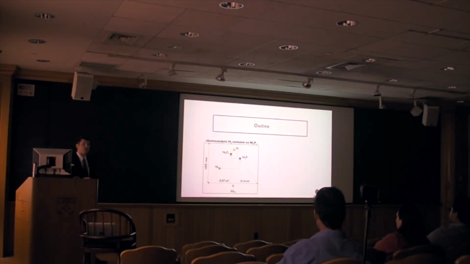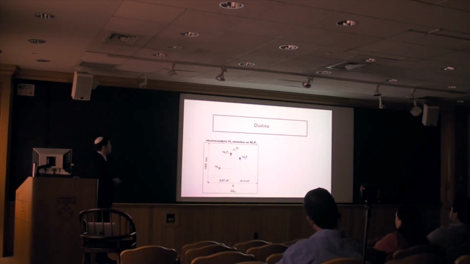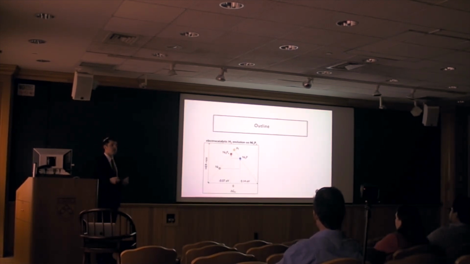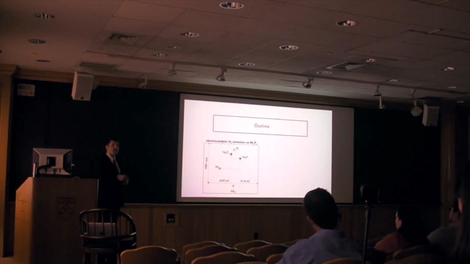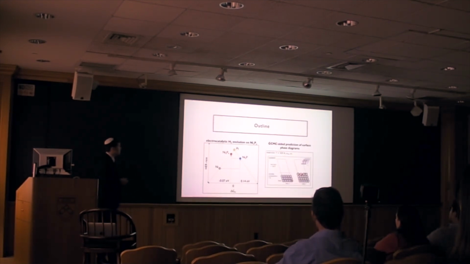So as an outline for my talk, in the first part, I'm going to discuss electrocatalytic hydrogen evolution on nickel phosphide materials. And I'm going to show how you can use first principles density functional theory calculations to elucidate a number of the catalytic properties of the system. And then also use machine learning then to go back and learn the quantum mechanical information to design new material systems. And then in the second part, I'm going to show you a new methodology that we've developed to better enable prediction of surface phases that are catalytically active